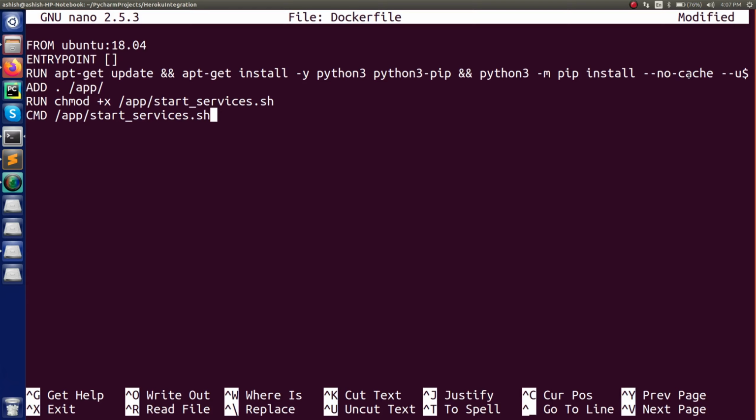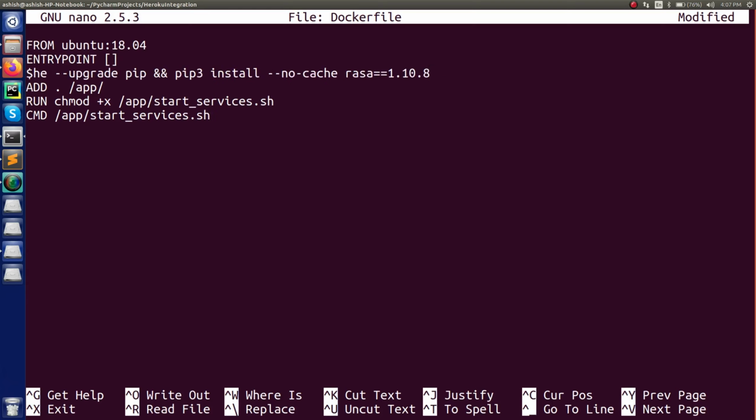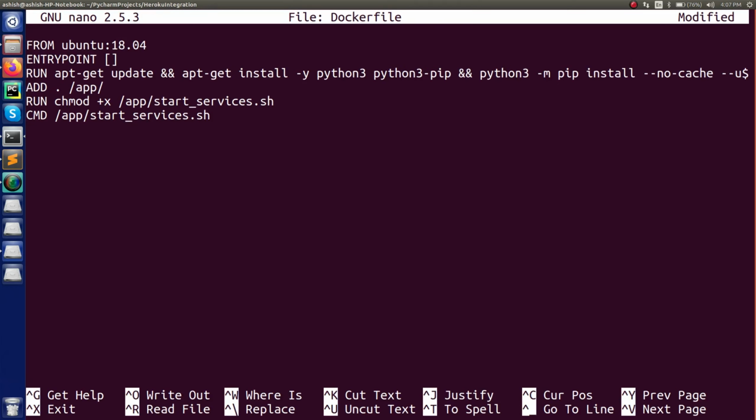And basically this one is for installing Rasa in the Docker container, which means we are setting up everything inside a Docker container. And right now the version which I am using is 1.10.8. Based on this, it will install all the dependencies, all the packages inside the Docker container, and we don't need any separate environment for this, right?